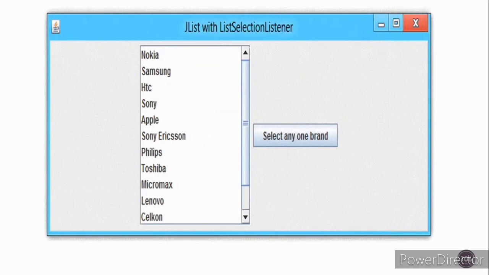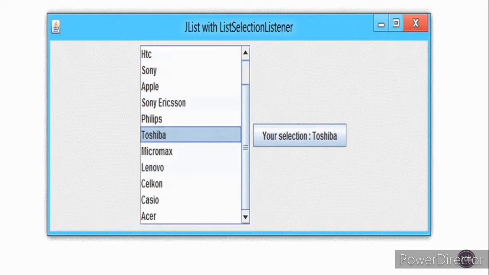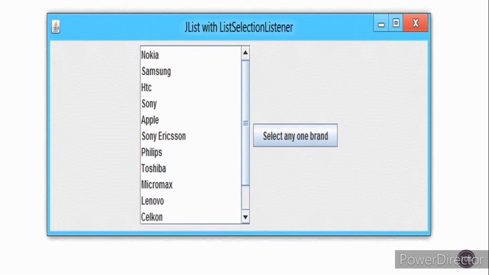See, this is the example for JList. We are selecting multiple items from the JList and it is displaying our selection. This JList creates a list selection event that is handled by the ListSelectionListener.